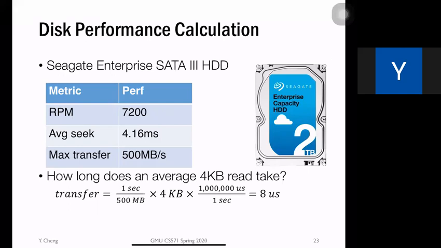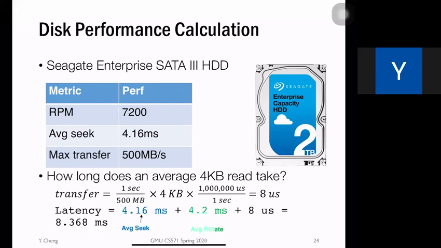So transfer, 1 second per 500 megabytes. So 1 second divided by 500 megabytes times the total amount of data that you want to transfer, which is 4 KB, which gives you 4 microseconds. Okay, this is extremely small. And then let's take a look at the whole latency. Recall that the whole latency is determined by 3 factors. The first one is the average seek latency, and the second one is average rotation latency. Average seek latency is already provided, which is 4.16